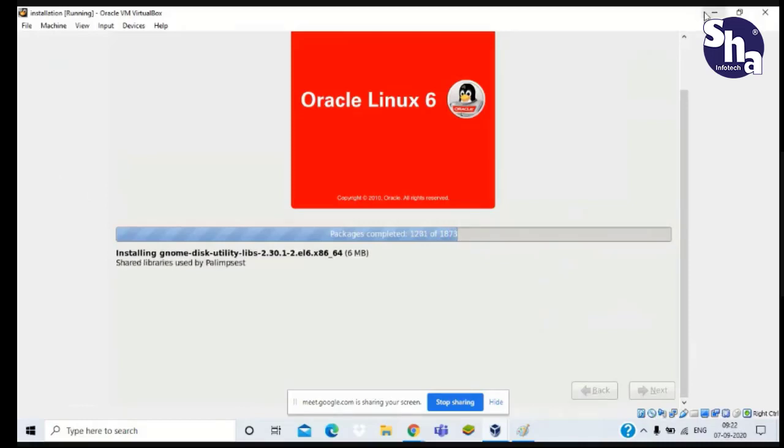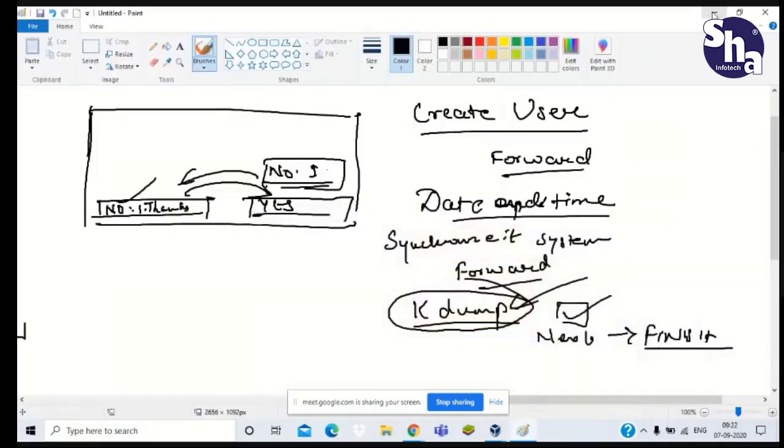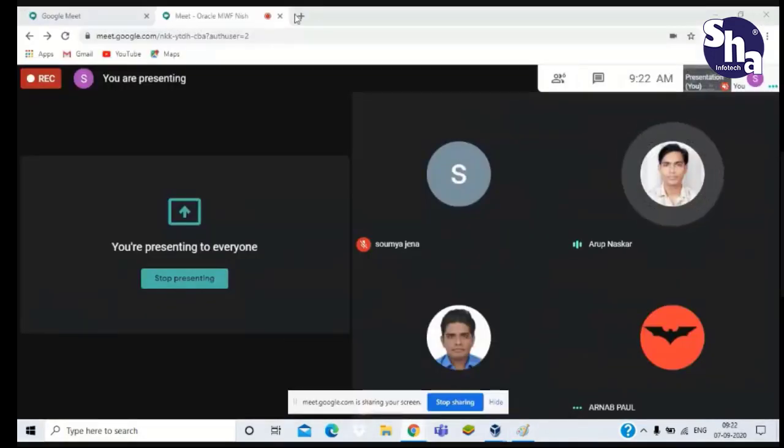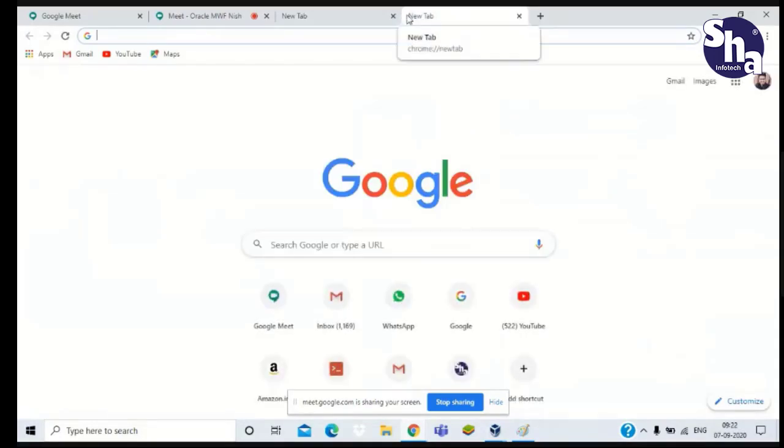Meanwhile, you can give us the link for VirtualBox download. Okay, just click on here. You can download it from here. Due to the installation, my PC is a bit slow.